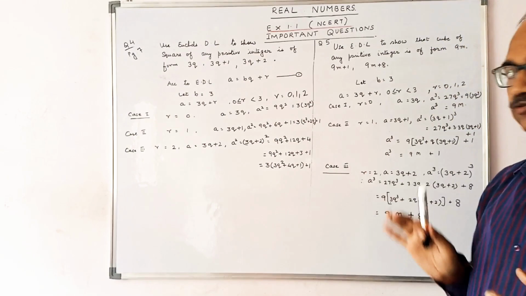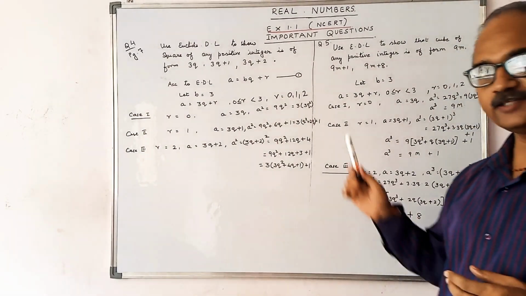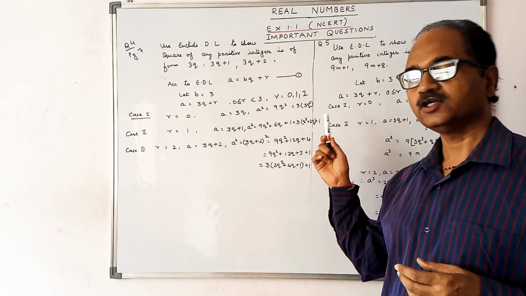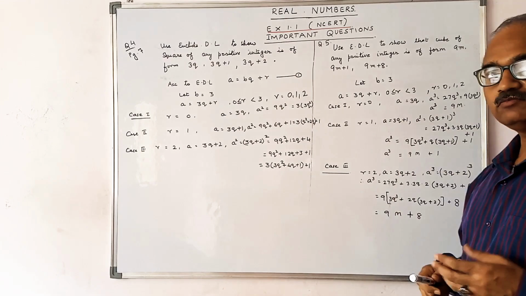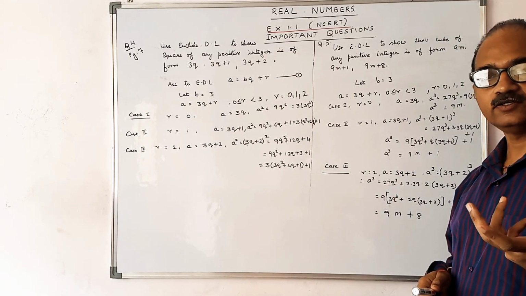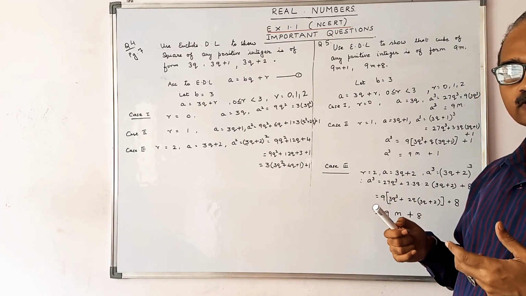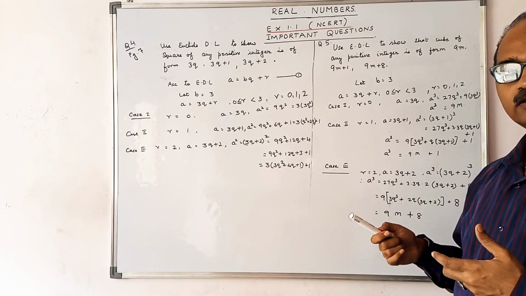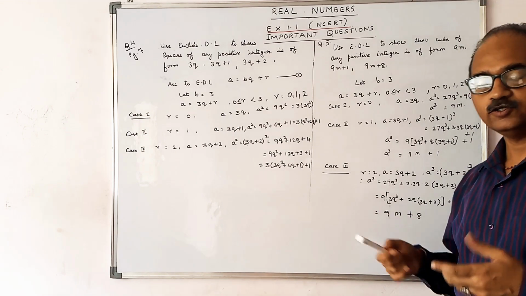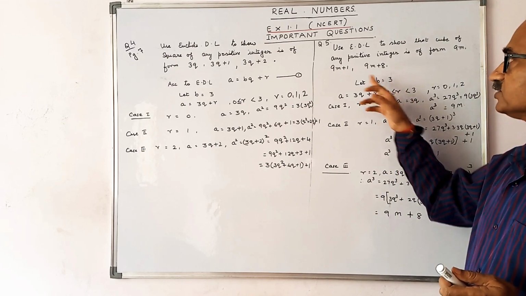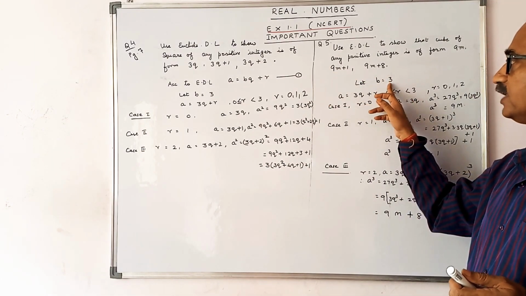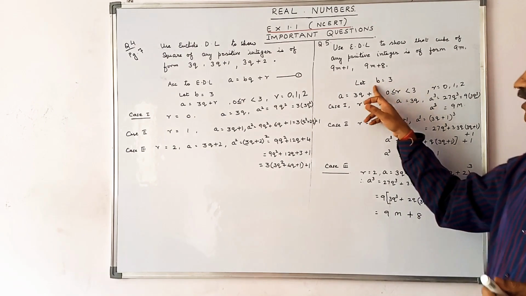So in order to reduce the number of cases, because it will take too long, and we have to cube also in this question, what we take is b equal to 3, because 3 into 3 is 9. So a multiple of 9 is a multiple of 3. 3 threes are 9. So this means 3 can be a subpart of 9. So we are taking 3 here. So let b be equal to 3.